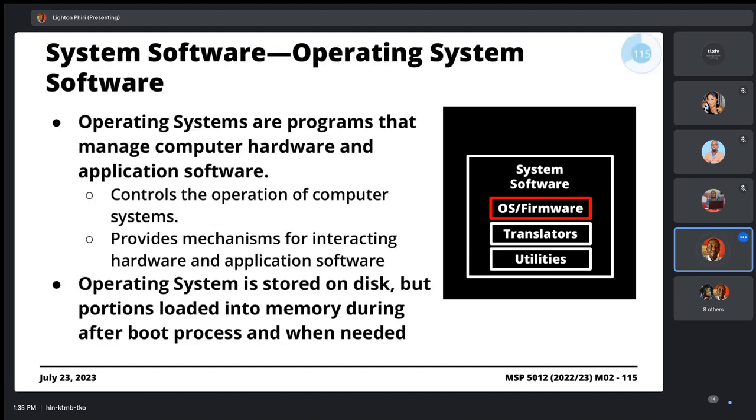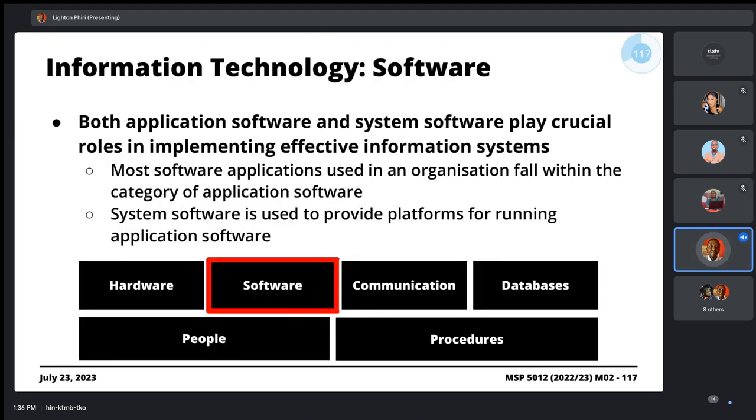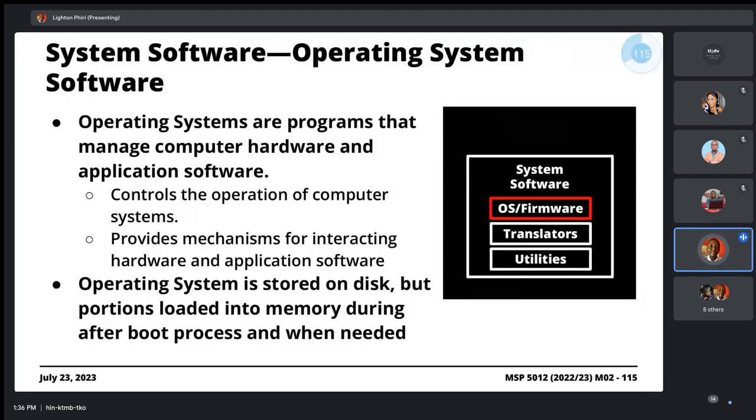And then you have operating system software, which is there to help you manage the computer hardware and applications. There's quite a number of things to unpack, but just to give examples of management tasks, things like file management: I want to create a new file, and the operating system provides file management functionality.